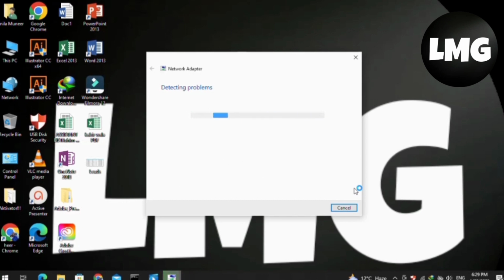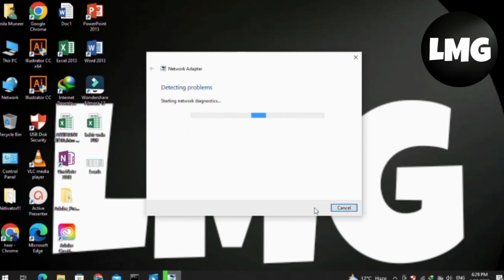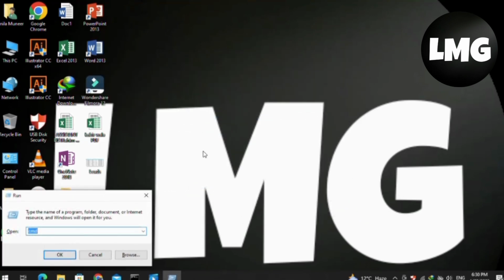If you have an internet connection error, then you have to just solve it and select here from any net that you are using. Like I am using Wi-Fi, so I just select Wi-Fi and then click on Next. So here it is detecting my internet issue. If it has any issue, I will solve this and our error will be fixed. You can see that there is no problem with my internet,